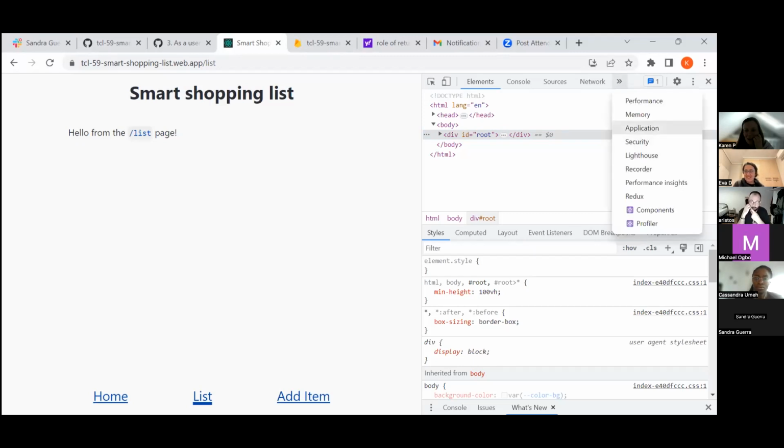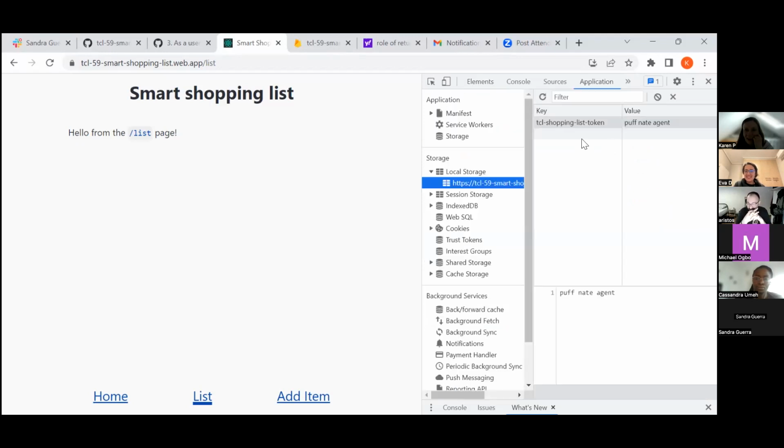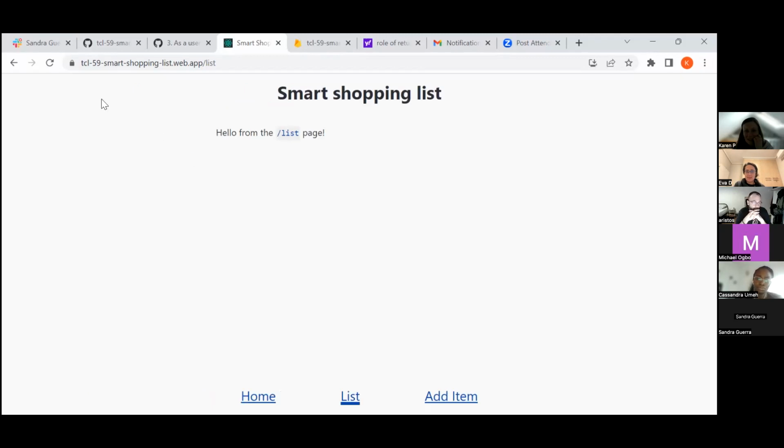Yes, I do. And we can see that there is a token in local storage. If we clear that token, we can access home again because there's now no token. So that's the functionality. I will stop sharing and Sandra can explain the code that gets that to work.